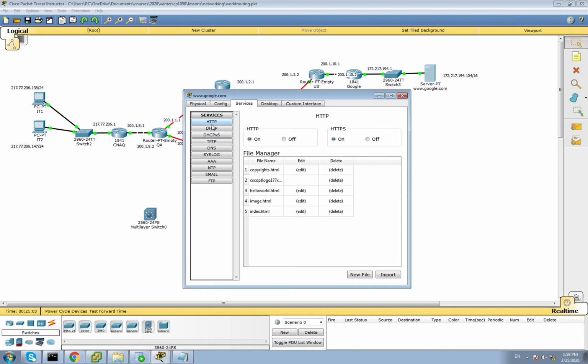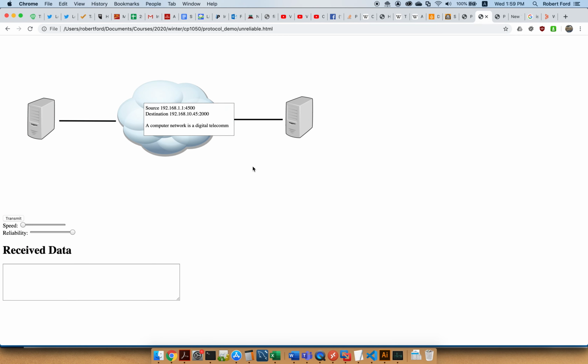When a packet comes in, the computer needs to know which one of the services to give it to, and the way this works is the computer uses something called port numbers to figure out which things to hand it off to. For example, if a packet arrives at this server with the port number 80, it's given to the HTTP service. If it shows up with a different port number, it'll be given to one of the other services. A little bit more on the services later and what they are, but you can see right now,